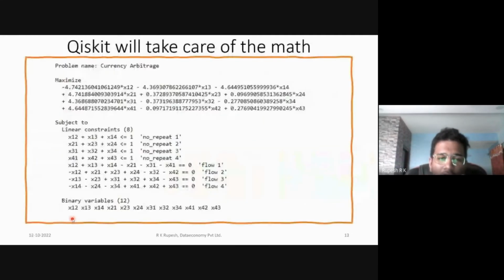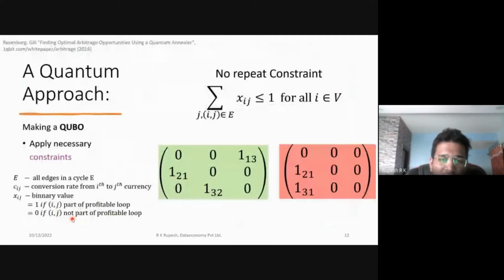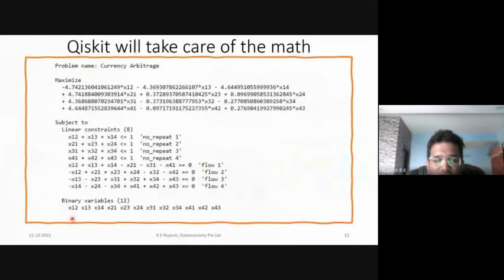All right. Although I've gone over the mathematics necessary to enforce all of these conditions, QScript actually does this for you. And it'll even print a nice summary of what kind of optimization problem you have set up. This is all available within the QScript optimization Python package. You can mention what your profit function should be, and then you mention the constraints. And here we have the currency arbitrage problem. This is essentially the profit function, the log summation that we talked about.